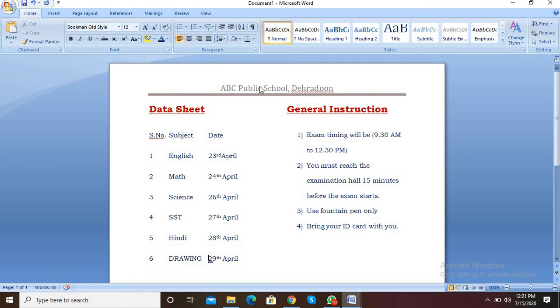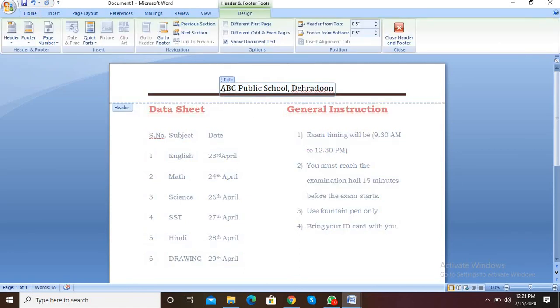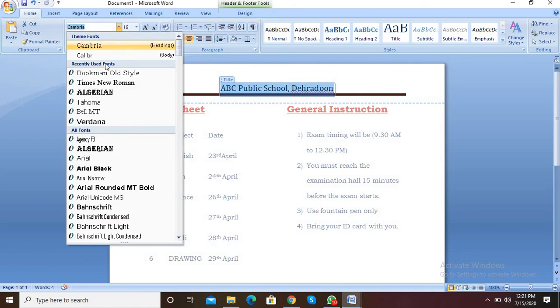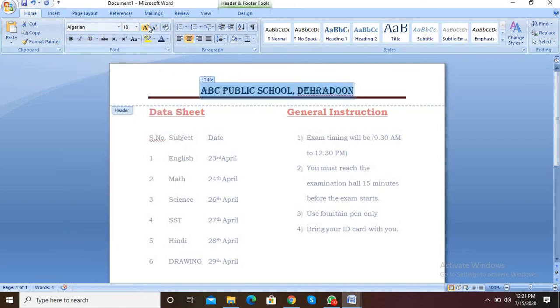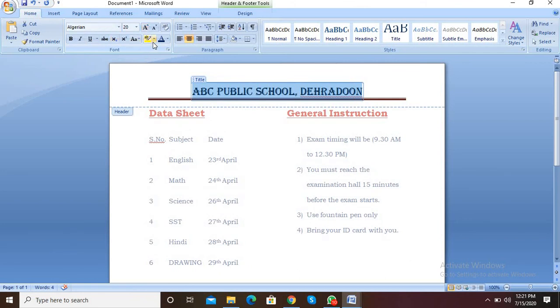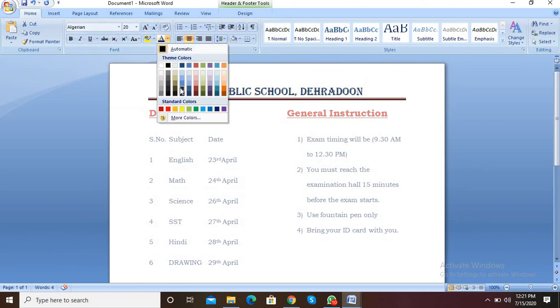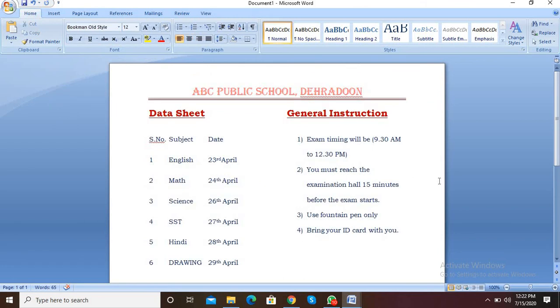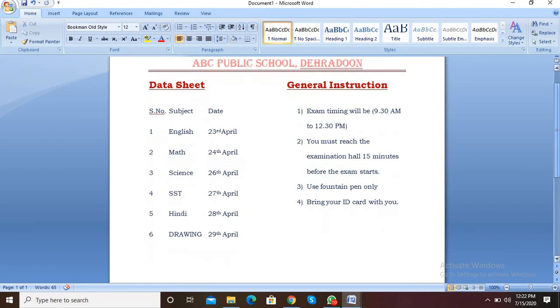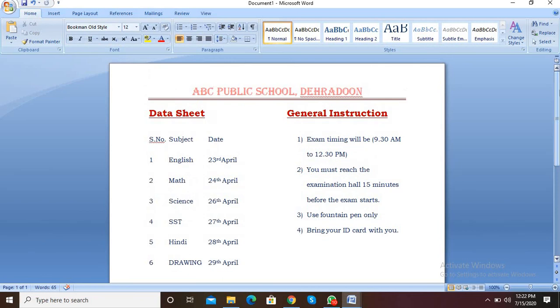Okay, one thing more, you can give different types of effects here also. With the help of the home tab you can change the heading, you can increase the heading size, then you can change the color of your heading. Okay, this also you can do, means you can apply your own things also.